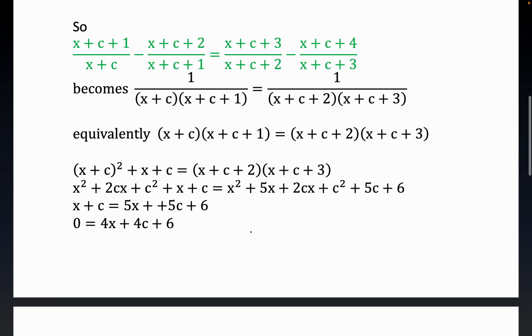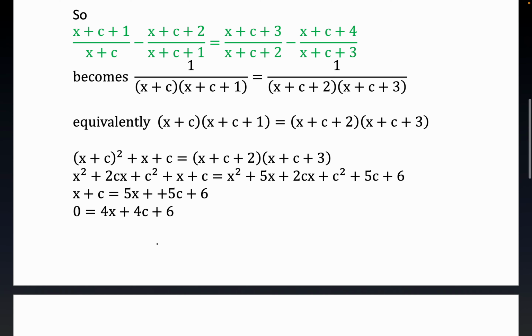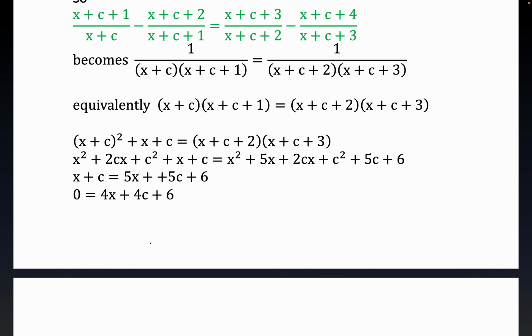A lot of the terms canceled very, very nicely. The square terms canceled, quite a few of the terms canceled, and so we got this nice little result where it's going to be linear, and you're going to get x in terms of c, which is the parameter of interest here. Now, if you divide through by 2,